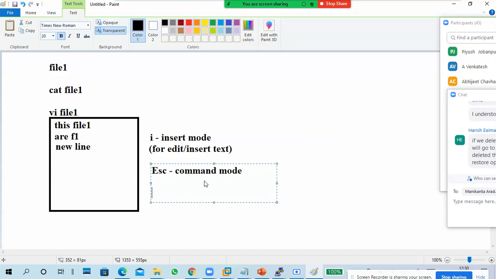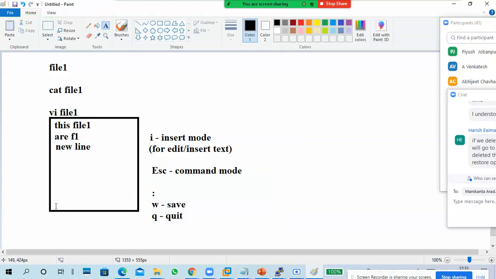Now what I have to do is press the colon, which is shift plus semicolon, then give W or Q or both. W is for save, Q is for quit. When you press the colon, it automatically appears at the end of the terminal.